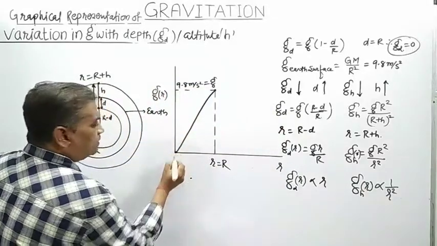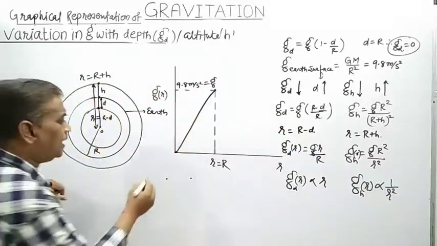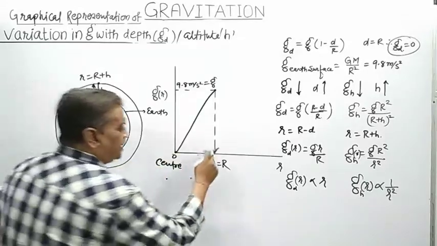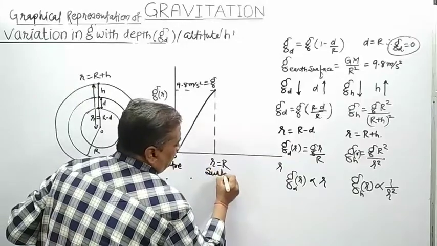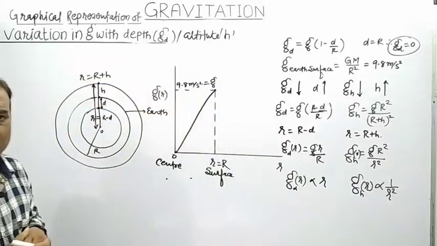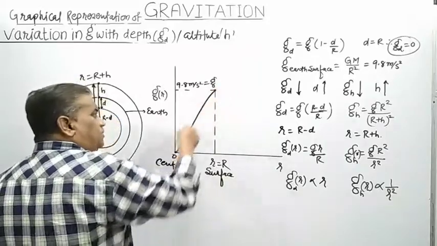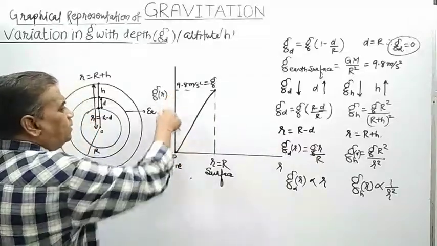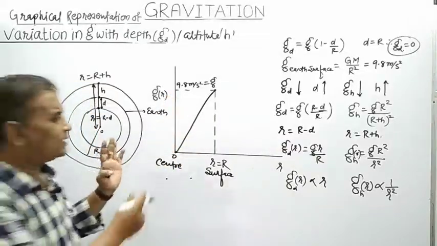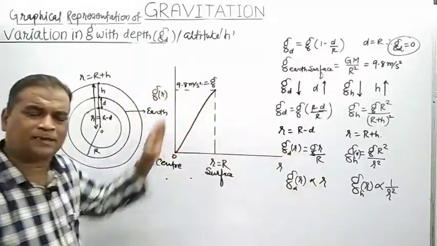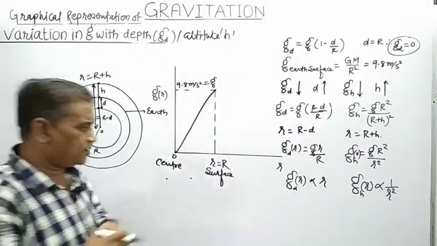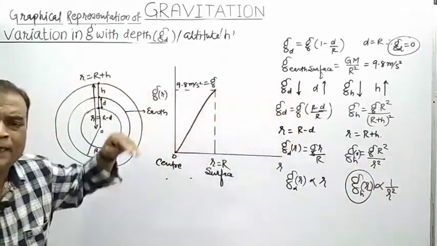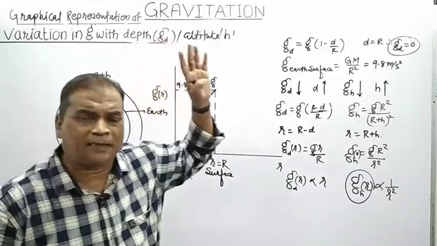So here is the situation when that object is at the center of the earth, and here the value of g is 0. The object on the surface of the earth has the maximum value of g, 9.8. And from this point to this point, as we move in this manner, depth goes on increasing, so the value of g goes on decreasing, and that variation is linear, which is a straight line passing through the origin. Similarly, as far as acceleration due to gravity with variation in altitude or height is concerned,